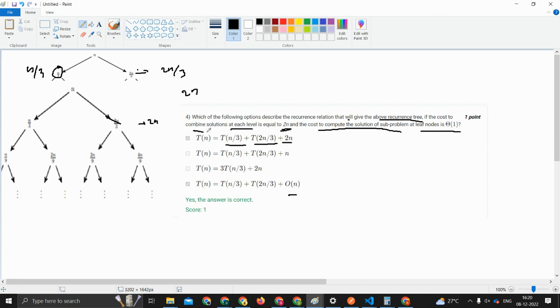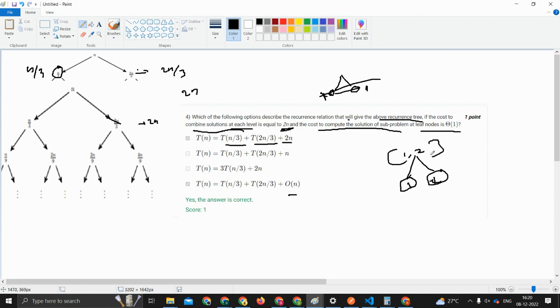The thing is, combining the solution is 2n. See, you understand this. At the last level, you have two things. You'll have one, you'll have one. Do you remember how merge sort or quick sort works? At the last level, you will have one element. These two you will compare, and you will put it as